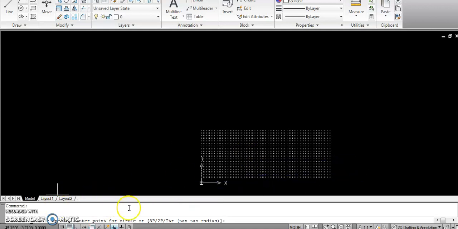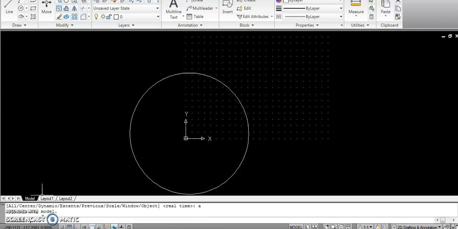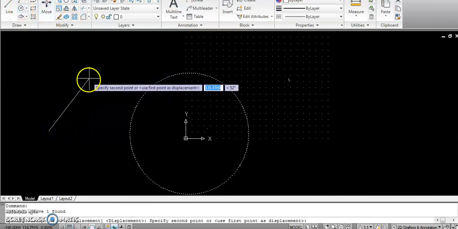Specify the center. Every time you have to follow Z enter, A enter. See, it is already there. Okay, so move this.